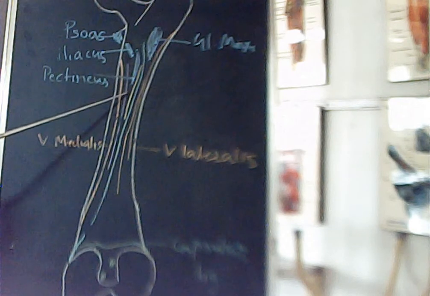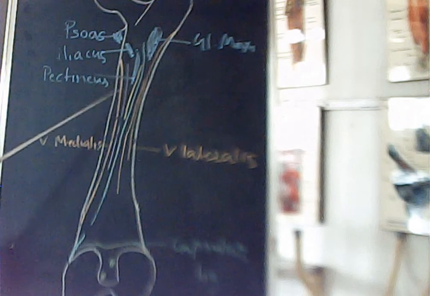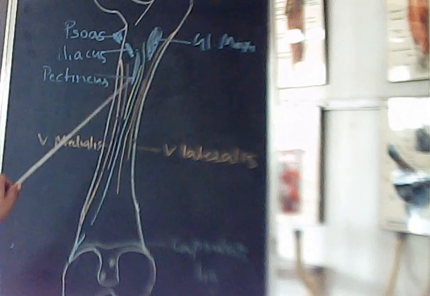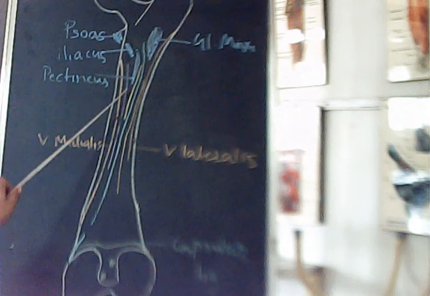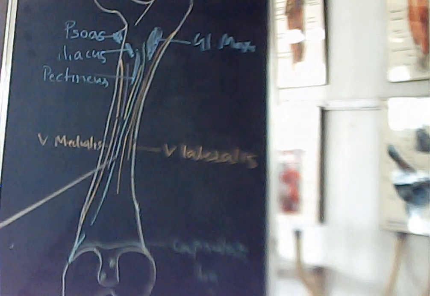Then next in line is the adductor longus, which is a muscle of the medial compartment. So this attachment is separated from the attachment of vastus medialis by the medial intermuscular septum, which I have not shown here because of less space. So, after vastus medialis, we have the medial intermuscular septum, then the attachment of adductor longus, then we have the attachment of adductor brevis. This is the long attachment of adductor magnus.